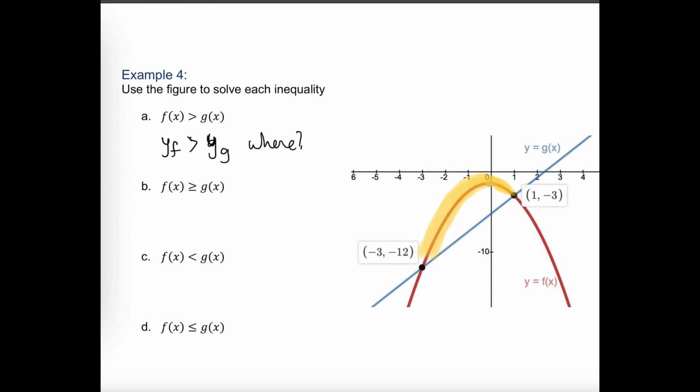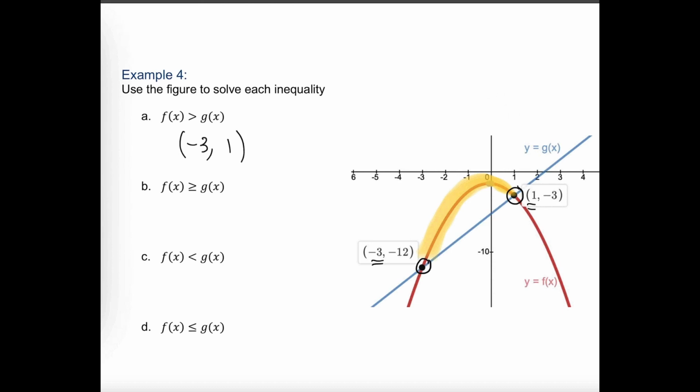So we've highlighted the interval, but now we need to actually answer it in a mathy kind of way. So we would say, here's where that begins and here's where it ends. And we talk about where things are happening using x values, so we would say from x is equal to -3 to x is equal to 1, we are not going to include those endpoints because we're not allowed to